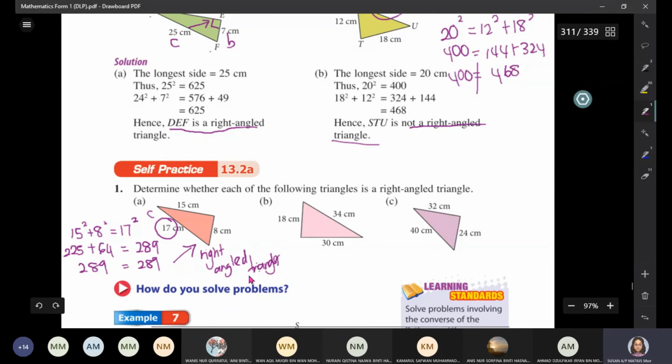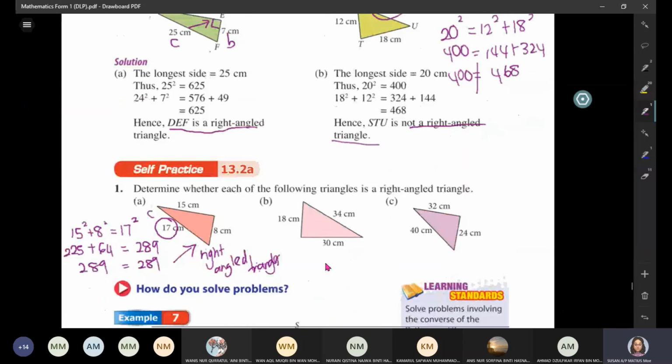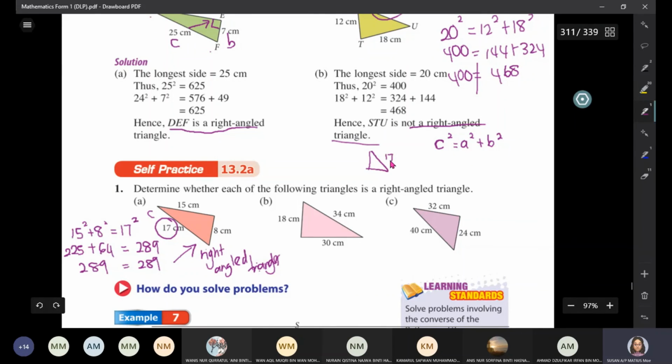Okay, so guys, knowing all this information, teacher wants to add a few things. Look at the formula again. When you are looking for C, that means A square you have to plus with B square. Imagine you have a question where you are given 17, you are given 15, but you have to find the value. If you are finding any of the side, horizontal or the vertical side, this is how you can deal with it. So a square will be c square